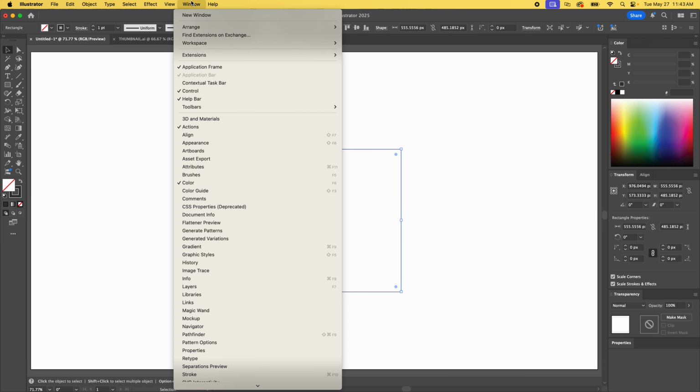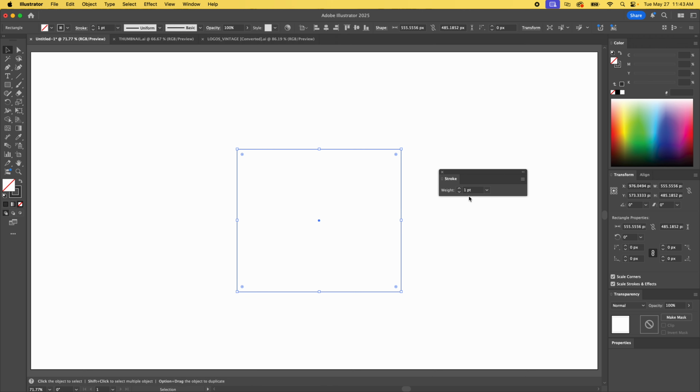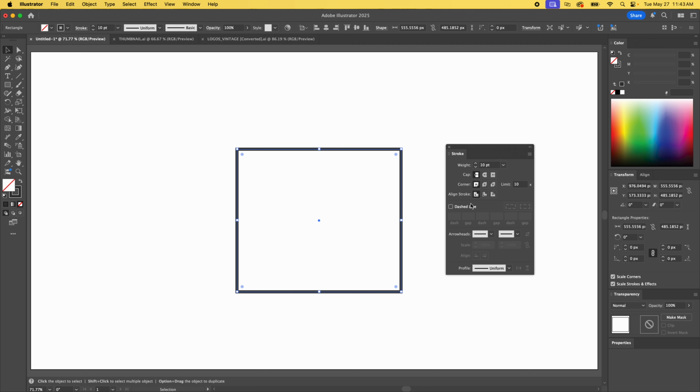Going to go to Window, pull down to Stroke. Now we got our little stroke dialog here. It's typical, you can make it thicker. What we're going to do here is show options in that little flyout. Now we're going to go to dash line. There's no dotted line, but we're going to make a dotted line. So right now it's got some